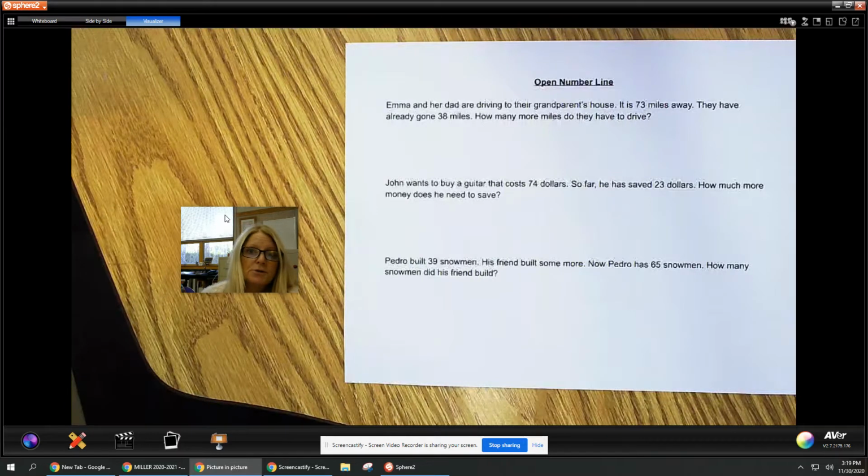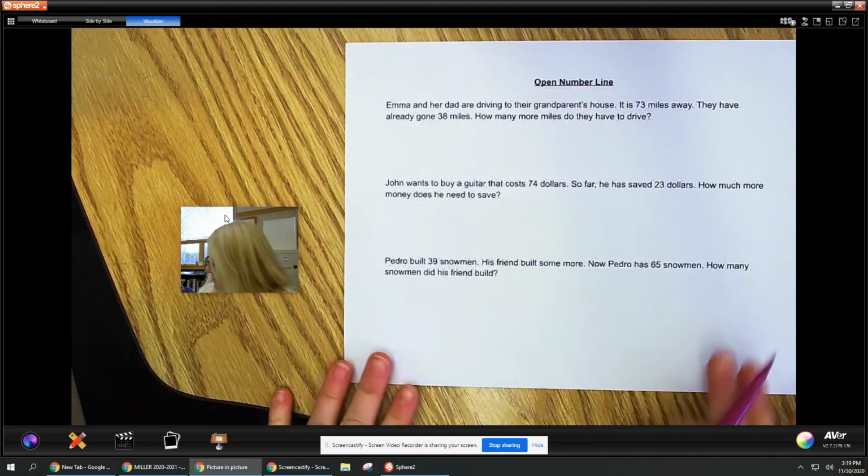So we're going to do a lot of story problems and we need different strategies. This strategy is called the open number line. You've used the number line before. There's always three things that you need to make sure you have when you're solving a problem. I need to see an equation, I need to see your thinking, and I need a complete sentence with your